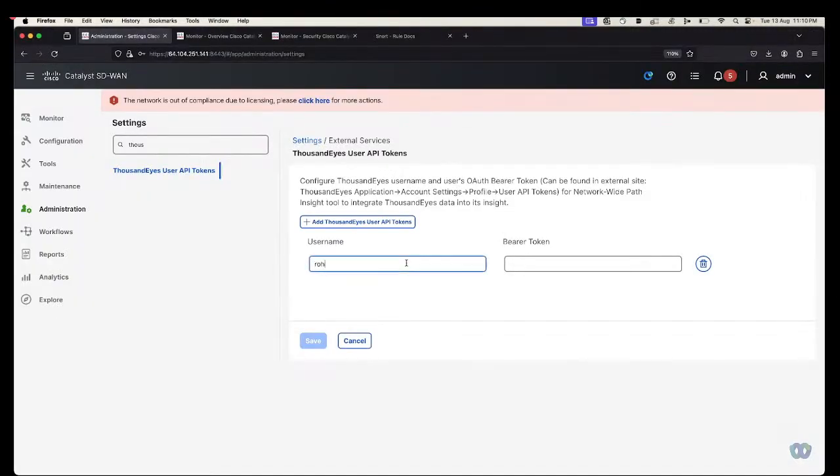Give the username that you are using to access the ThousandEye portal. I'll just give my user ID and then the bearer token that I just generated. Once you do that, click on save here and then it's done. It will be reachable, right? So you see on the bottom the message: successfully we have added the ThousandEye user API token and it is updated